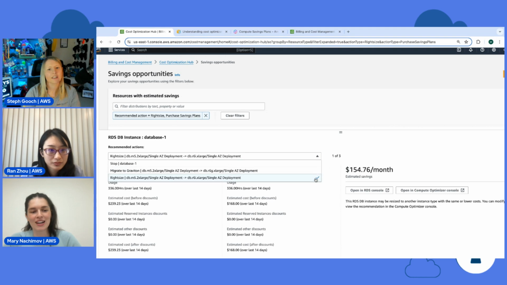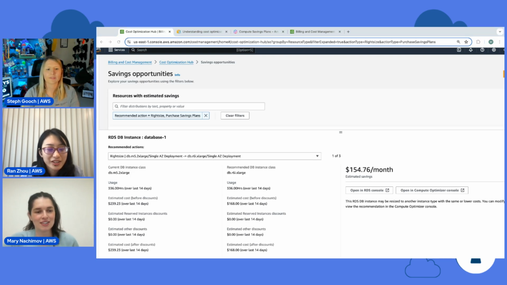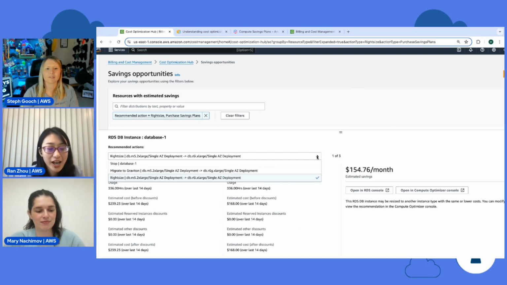Now, Ren, we have 3 options here, but how should we tell the customer to think about this or to choose between these 3 options? The hub automatically picks the stop recommendation because it's the highest savings. But for the engineering team, we know it all depends on what software you're running. For example, my team has an operational tool.